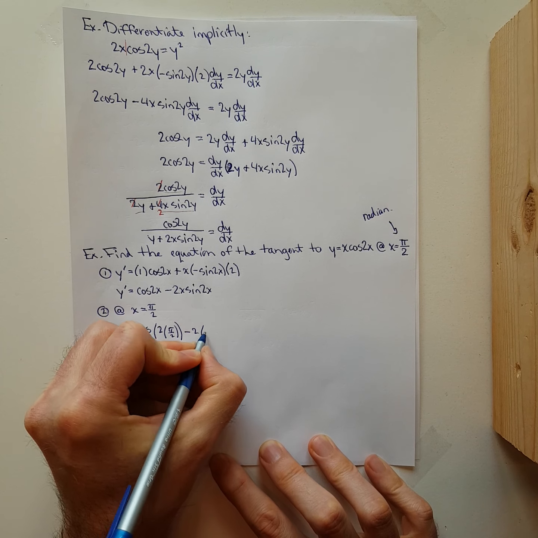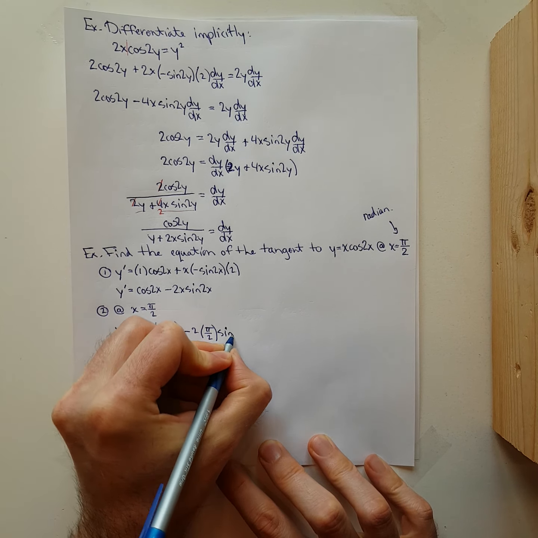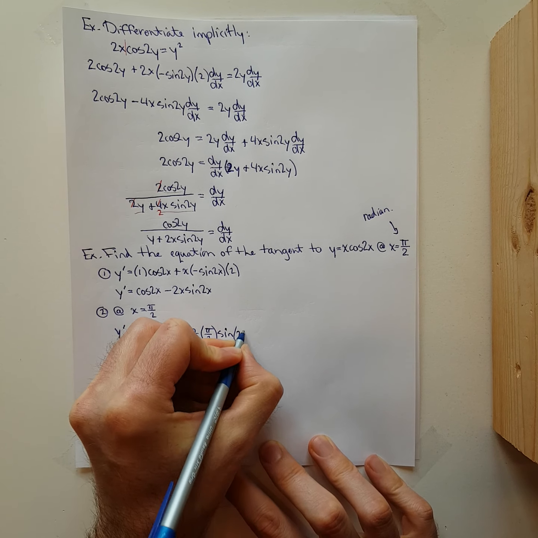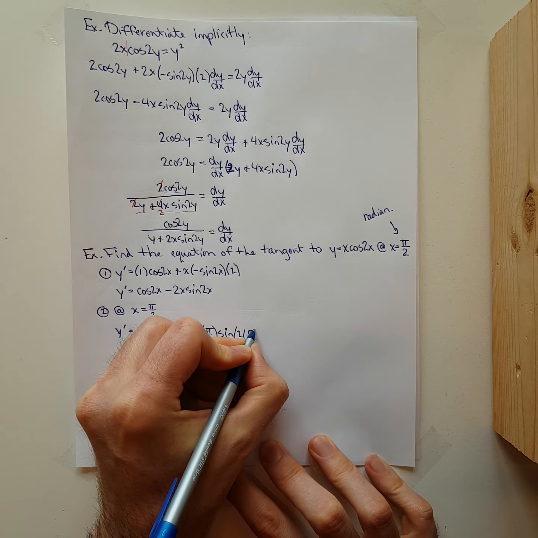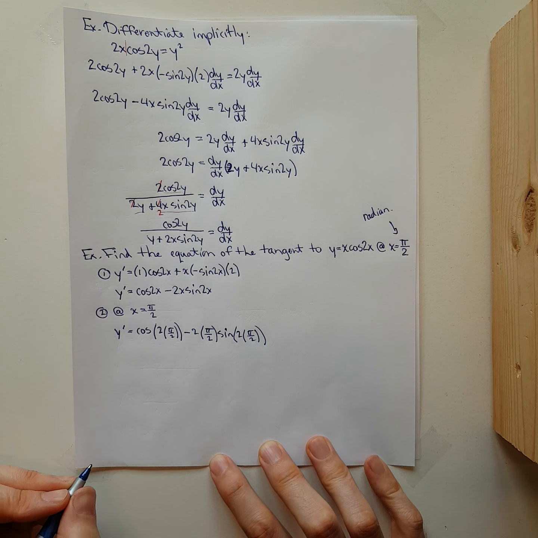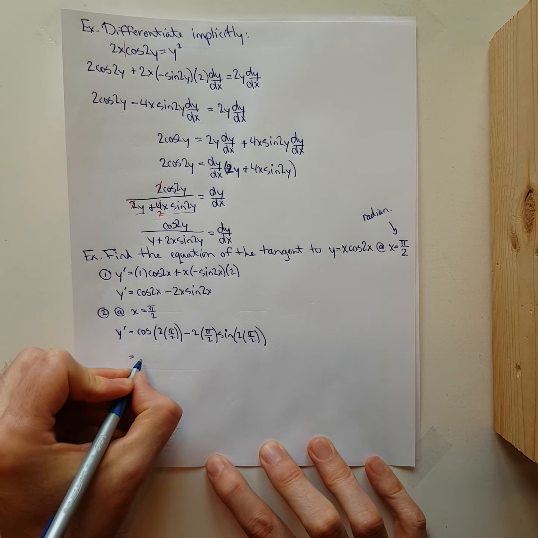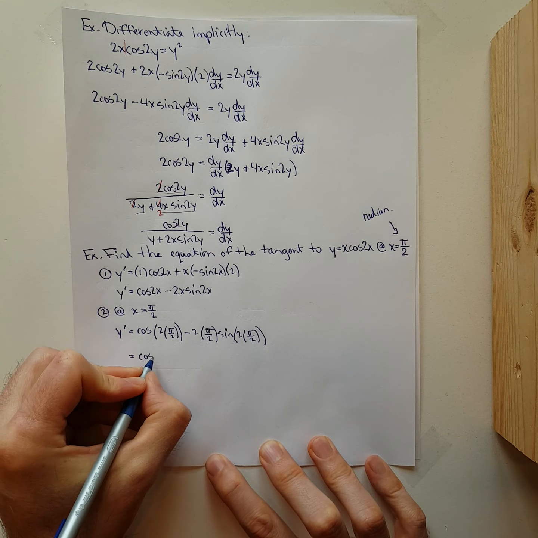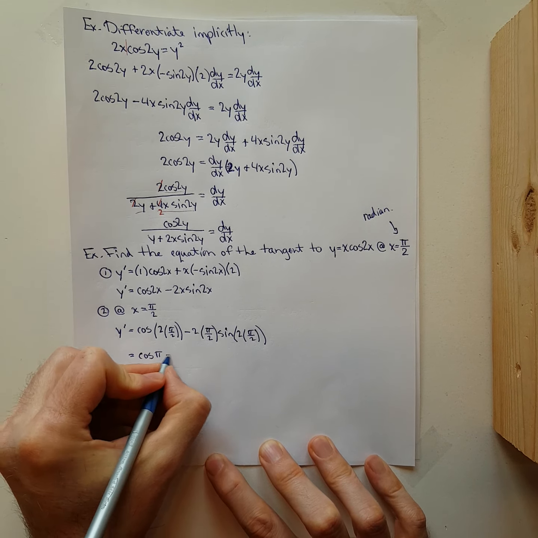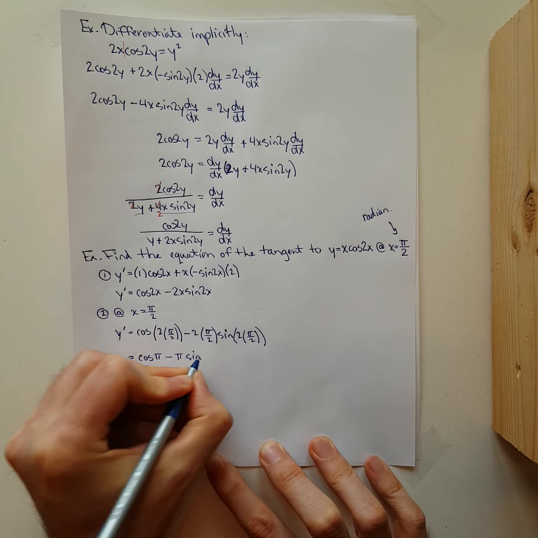Minus 2 times pi over 2 times sine of 2 times pi over 2. If we simplify a little bit, this here then will become the cos of pi minus pi times the sine